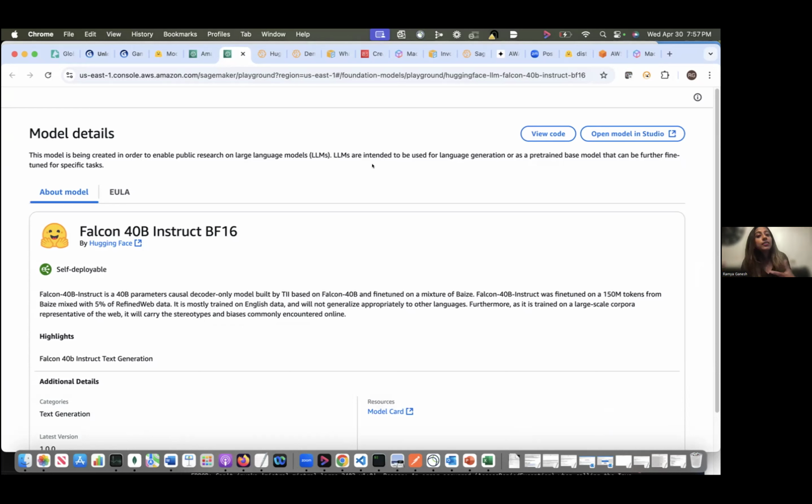SageMaker gives you a platform, an ecosystem where you can make your own movie. In terms of model inferencing and deployment, it's offered in both cases. But you use SageMaker to build your own model, and you cannot use Bedrock for that.